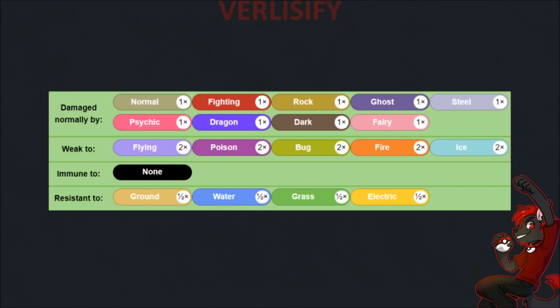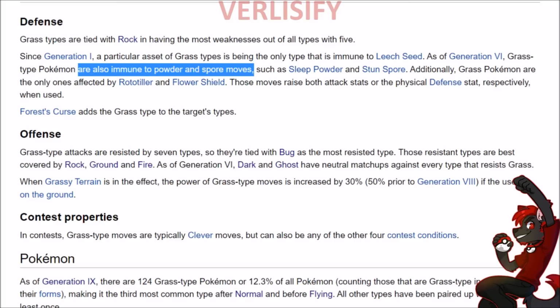But a mono Grass type Pokemon is not having a good time. Way too many weaknesses, even though you got good resistances. You resist the Earthquake. You resist the reliable water Pokemon. Grass, Electric, you cover all that, but it's too many weaknesses at the end of the day. You can't really be using your Tera on a mono Grass type Pokemon, even though you have the immunity to